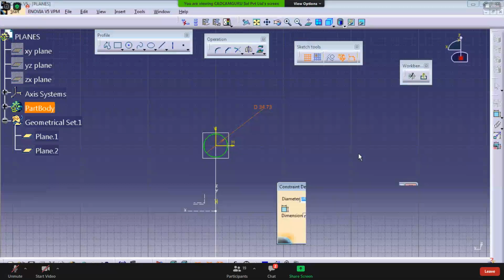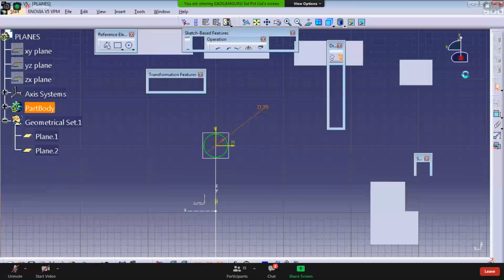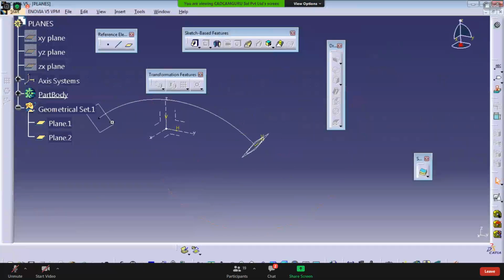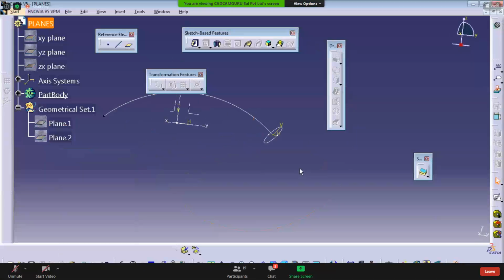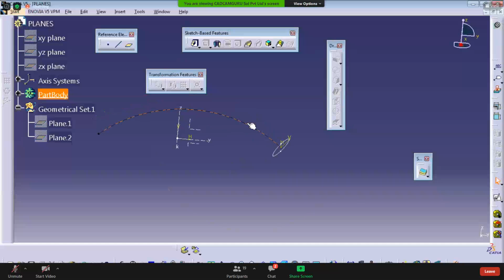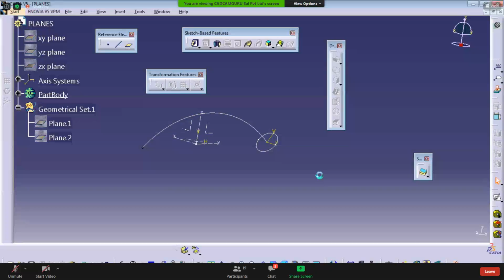This diameter is 35 and I'm going to exit the sketch. Okay, and I hide this plane. Now you can see that sketches get created like this, and using this profile or sketch you can use the sweep along this guide path. So this we can consider the guide path, and this is the profile to sweep. The command name is different here. Instead of sweep, in CATIA we call it the rib command. During the rib command explanation I will do this process again, but there we need such planes when you operate this command, which is the rib.